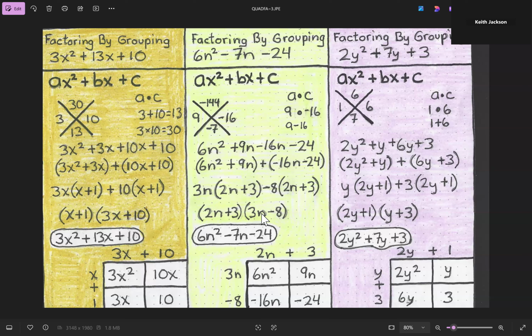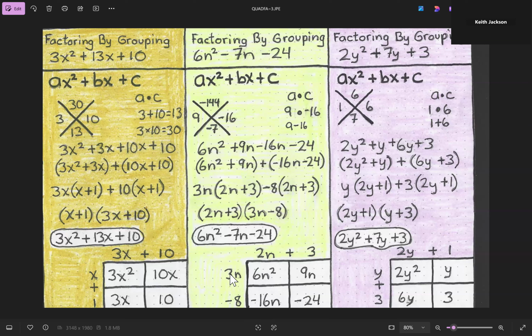So 3n minus 8 will go here, while this 2n plus 3 will go here. And let us use the box method to make sure that everything works out just fine. And so we're going to put 2n plus 3 on top, while we're going to put 3n minus 8 on the bottom. And when we do that, we have 3n times 2n, which will give us 6n squared,